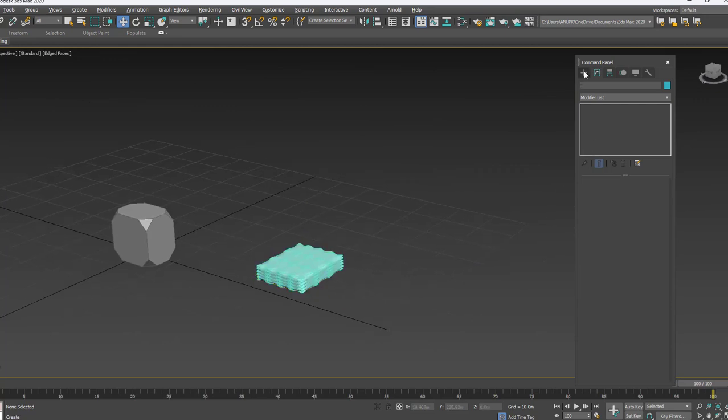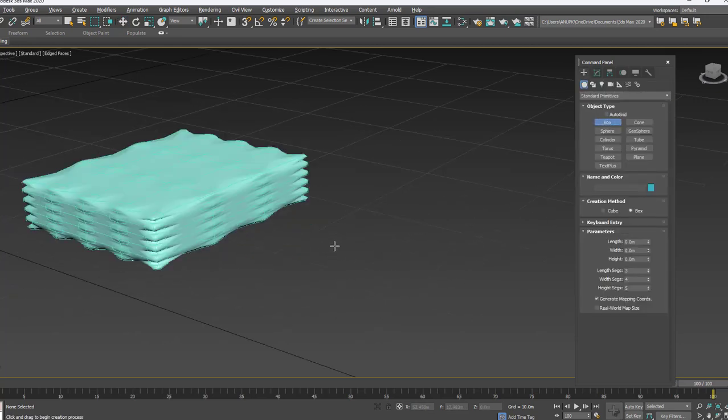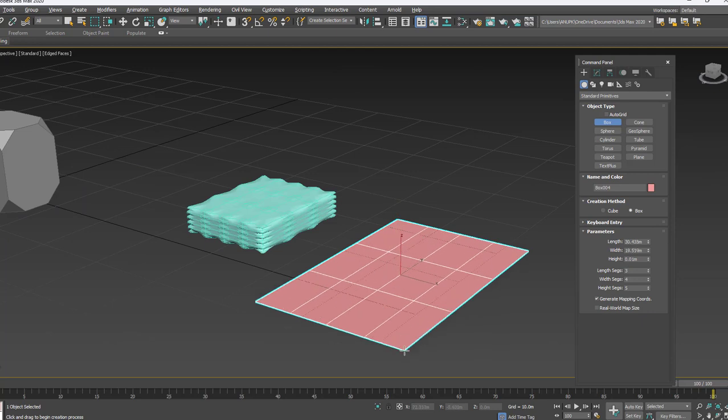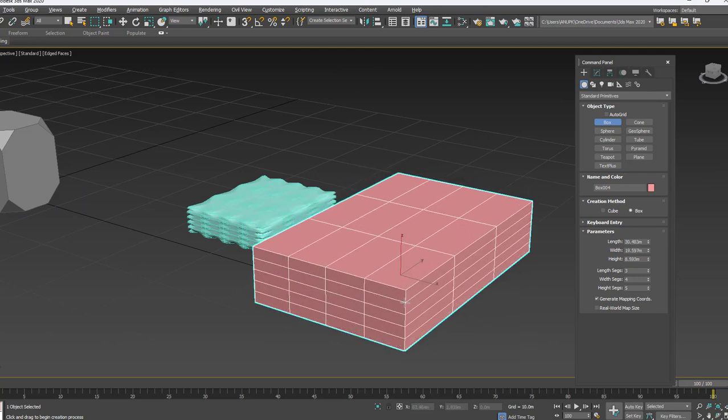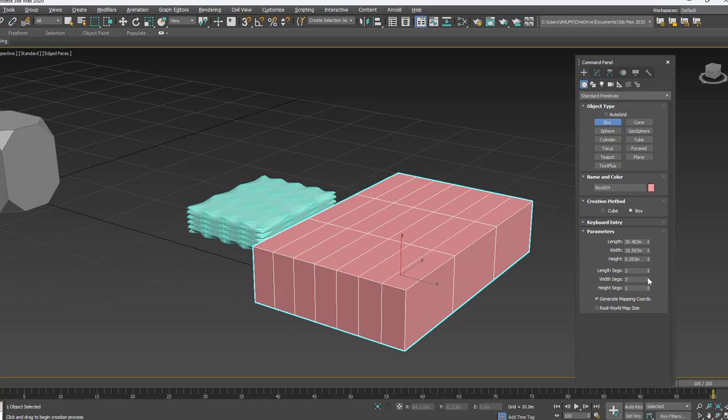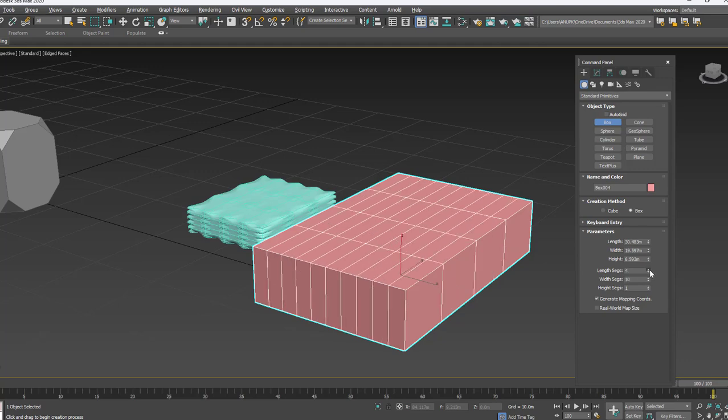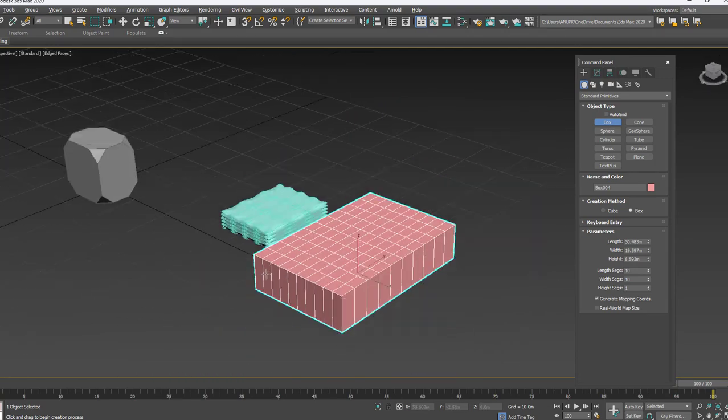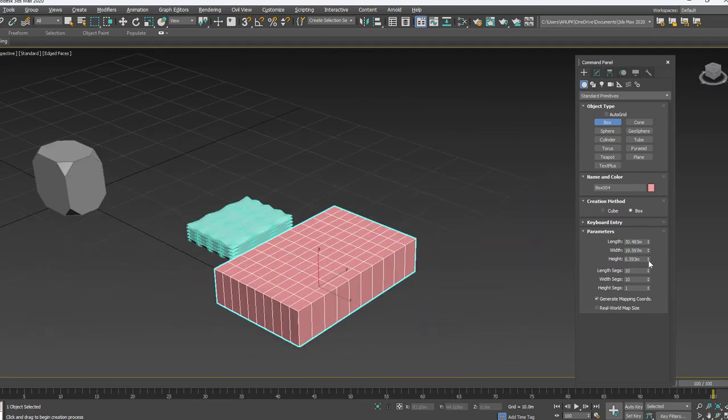Even I just go with the box now again, clicking it here. I want to select only the top and then bottom edges. For that, you can reduce the height segment, increasing the length and width segment. Okay, decreasing the height a little.